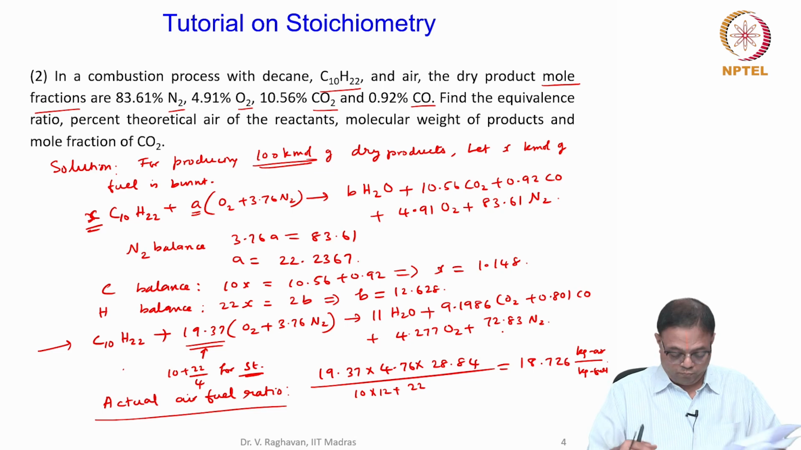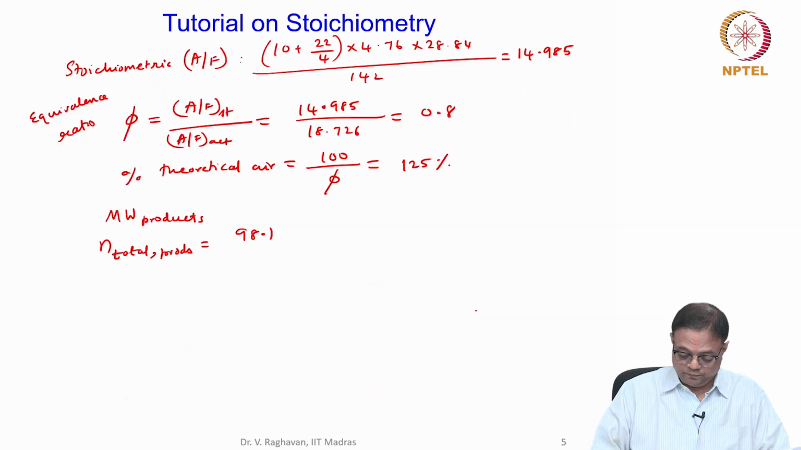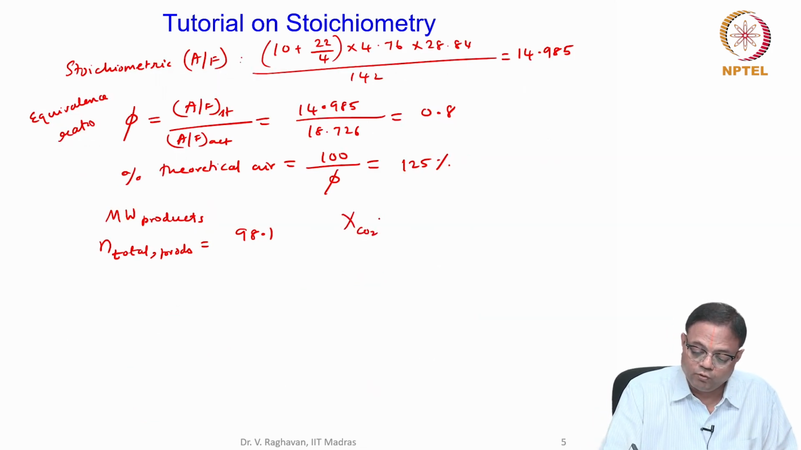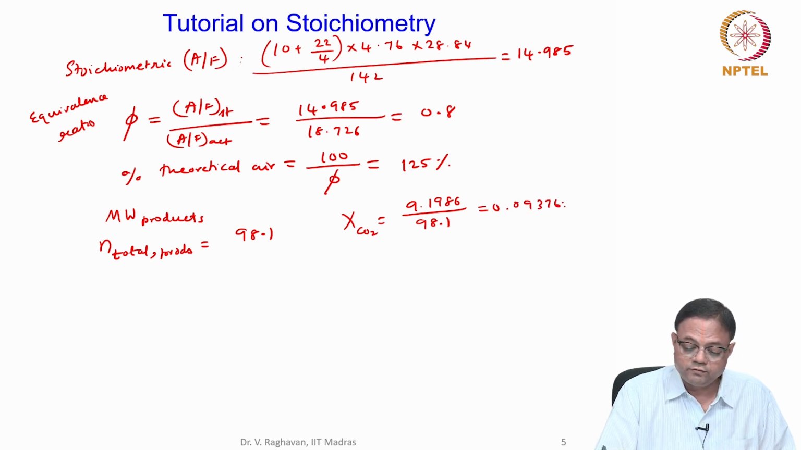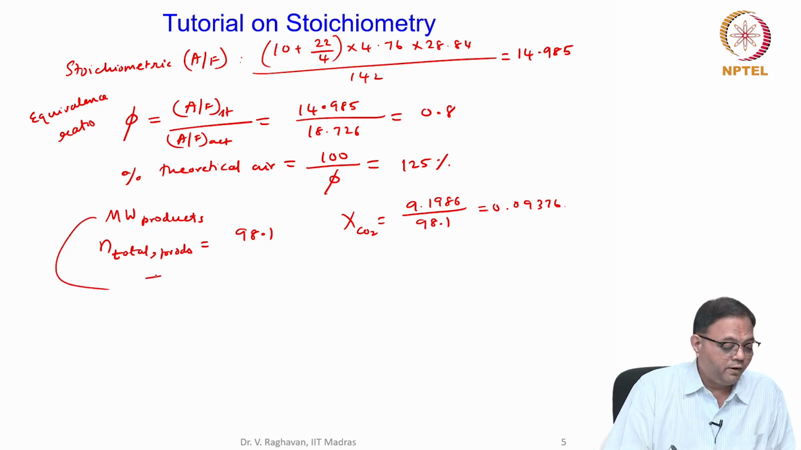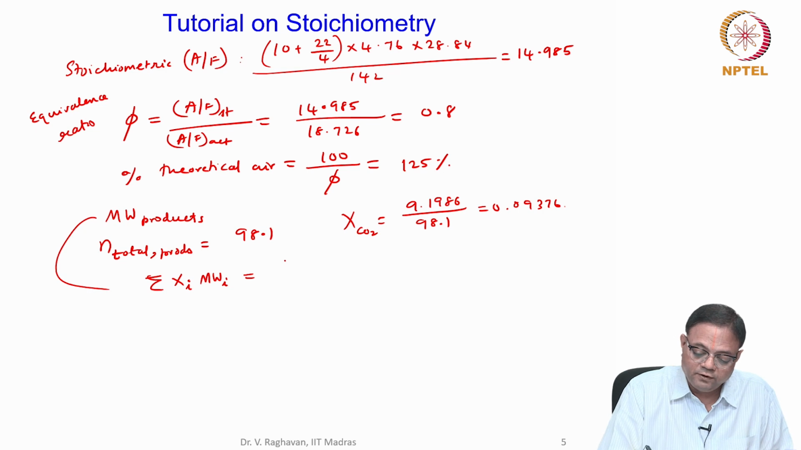Then I want the mole fraction of CO2. So the number of moles of CO2 is 9.1986. So the mole fraction of CO2 will be equal to 9.1986 divided by 98.1, which will be equal to 0.09376. So the molecular weight of products now will be sigma xi times the molecular weight of i. So you know the number of moles. So this can be written as 1 by n total, which we have calculated, n total products,